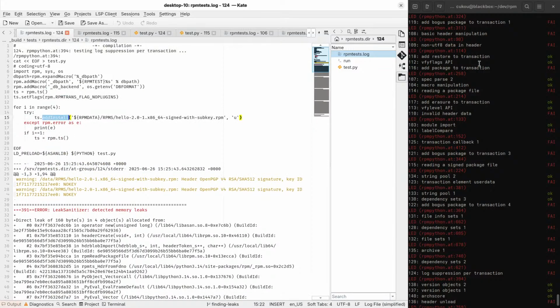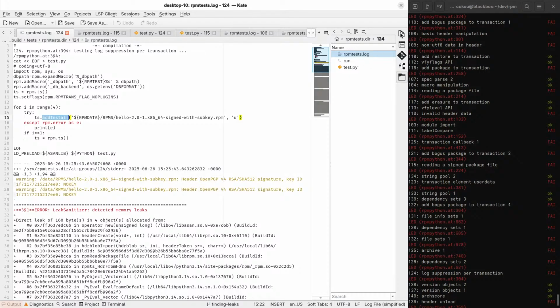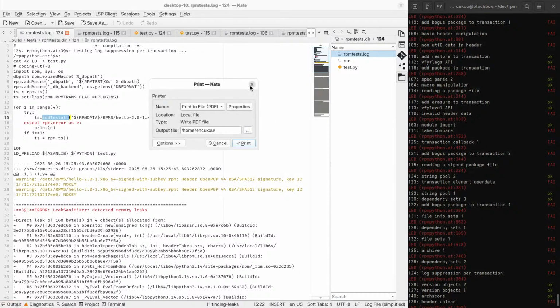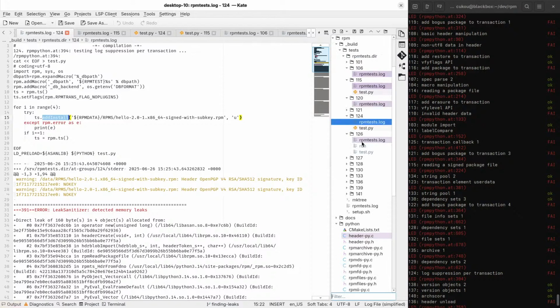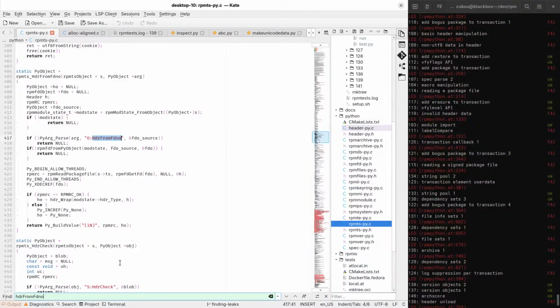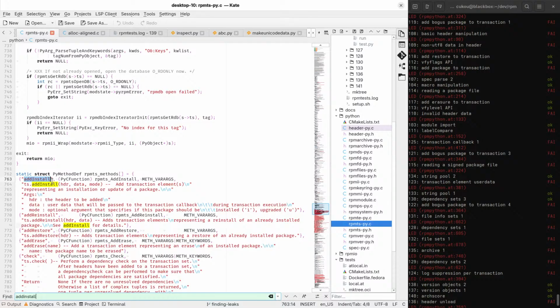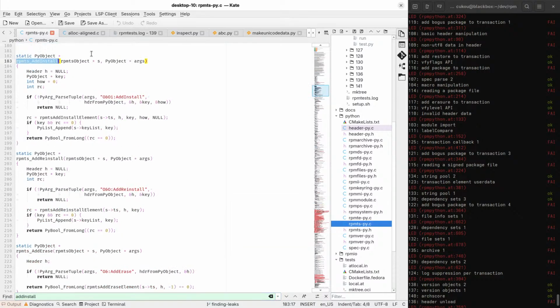Well, one thing I guess I should also look at is this add install from RPMTS. Did I press Control P? RPMTS add install. What does add install do? RPMTS add install element.